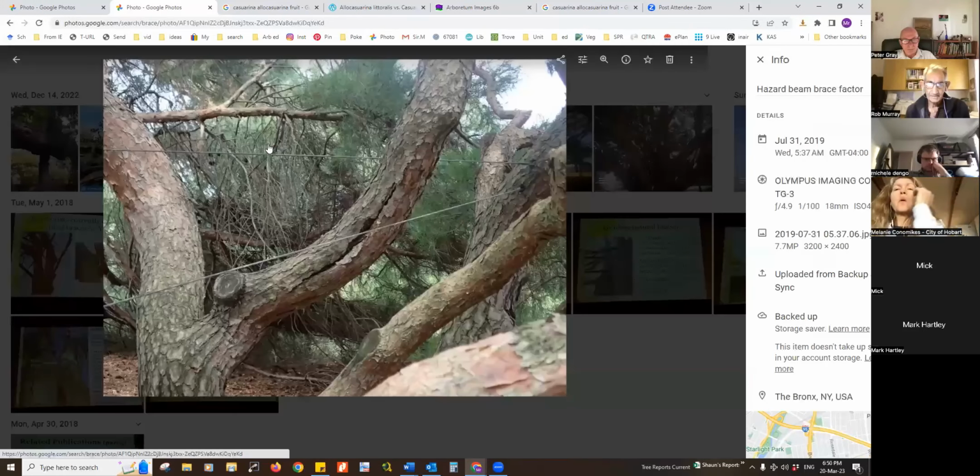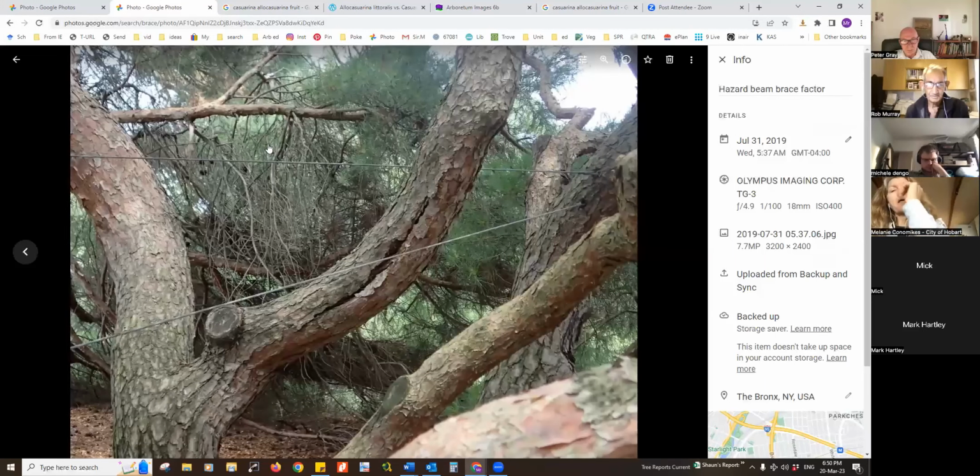It's stopping complete collapse. So it's already cracking and spreading apart, so they don't want it to move any further. Is that a good way to brace? It depends on the purpose. If you're looking at trying to prevent